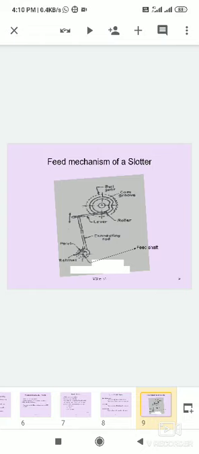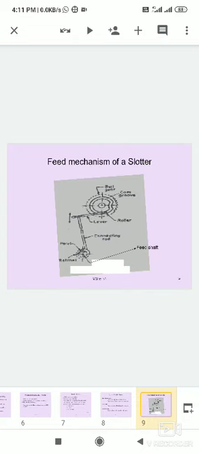In this figure: cam groove on the bull gear and lever, feed adjustment pin, roller, connecting rod, pawl lever, pawl, ratchet wheel. These are the main parts of the feed mechanism in the slotter. It has a cam groove, it is connected to the shaft, and it is also connected to the roller, a small roller lever, and a small lever.